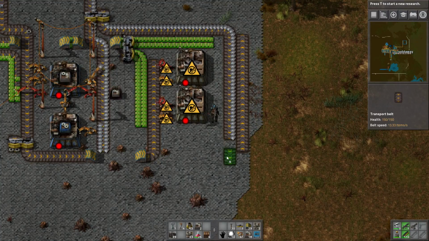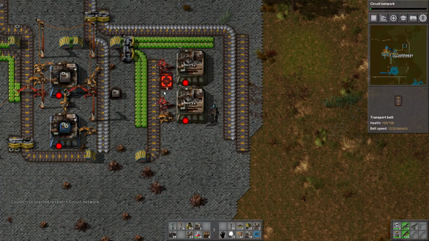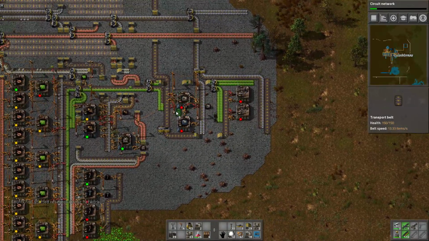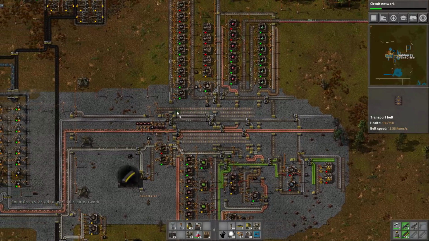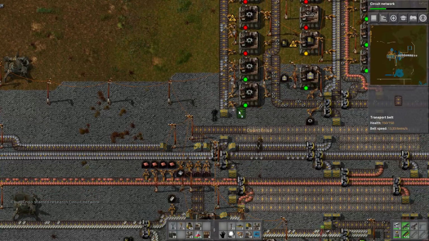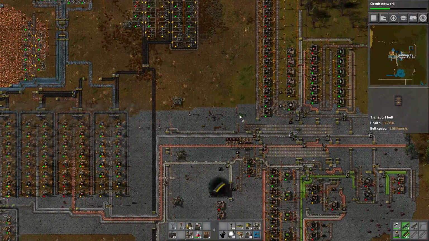Okay. I'm going to invent the circuit network so we can actually start getting some logic instructions going. So we need more iron gear wheels. More iron gear wheels, right? None of these things are even working. We need to get more iron out here. Iron is only going onto one side of this line